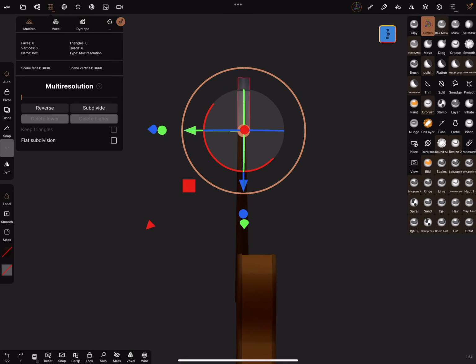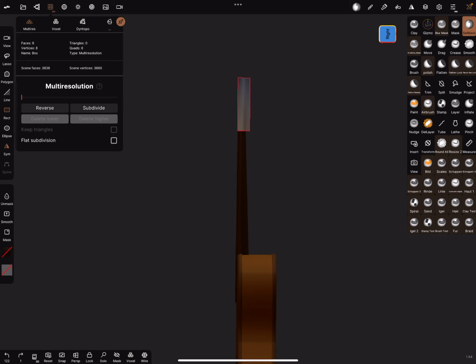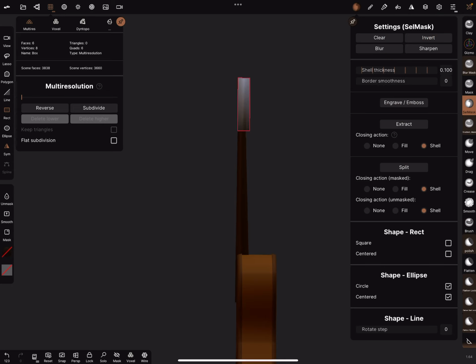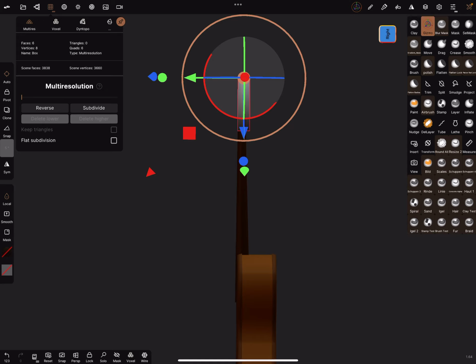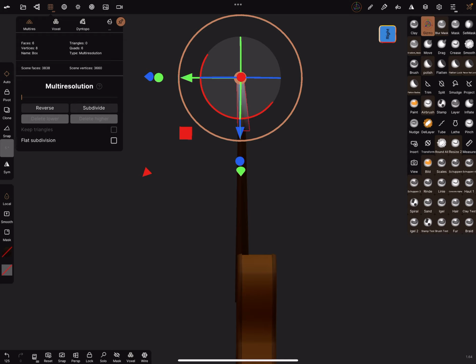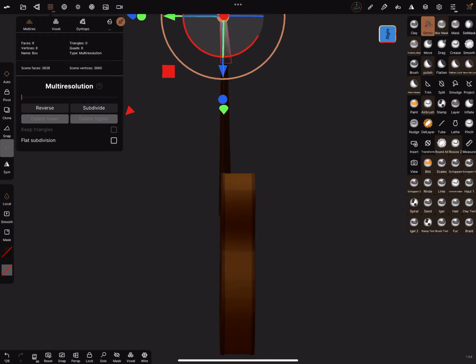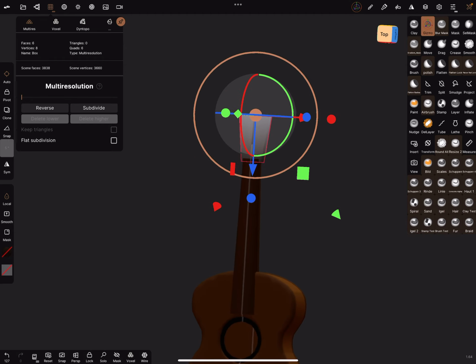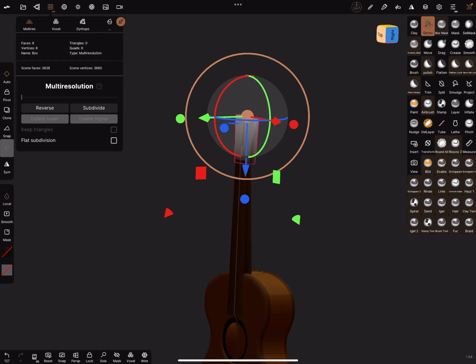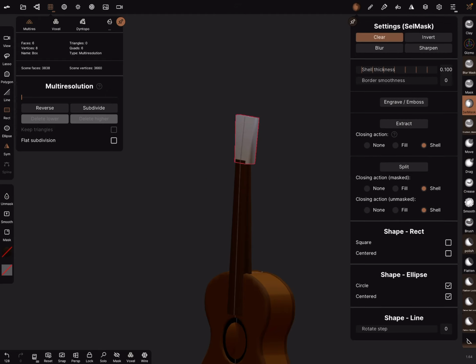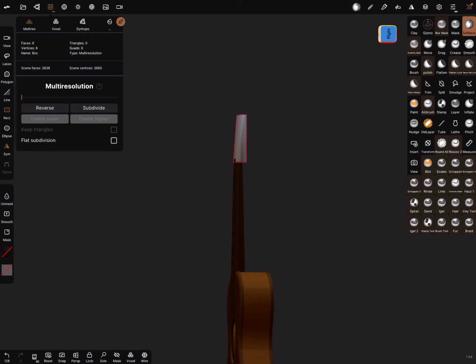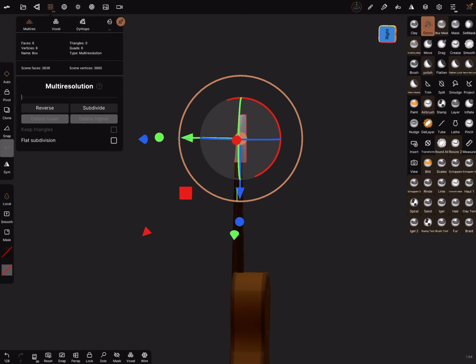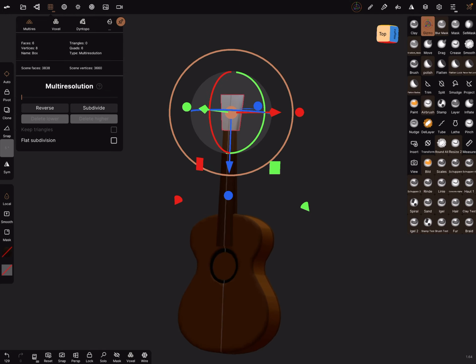But first I invert it again and change the thickness here a little bit and adjust it like this. Oh, no, I think it's a little bit like this. Okay, now we can clear the mask. Okay, fine.